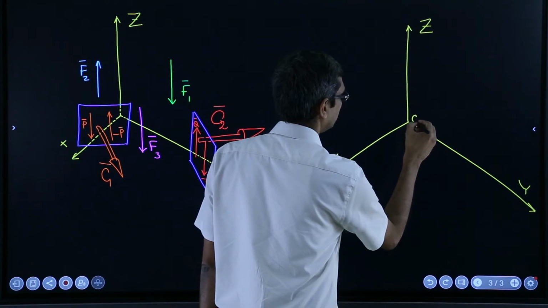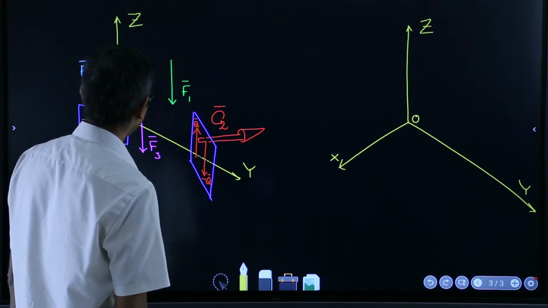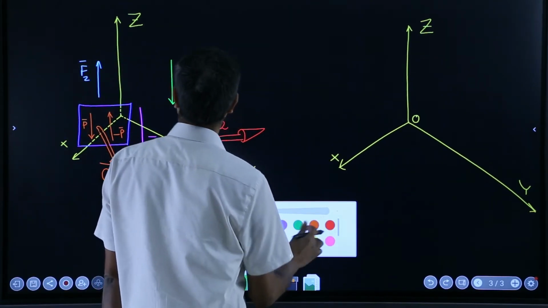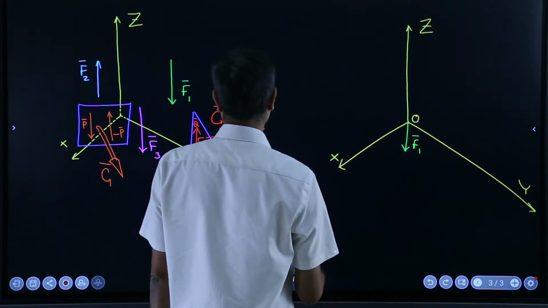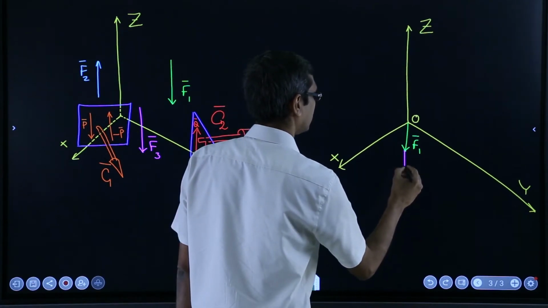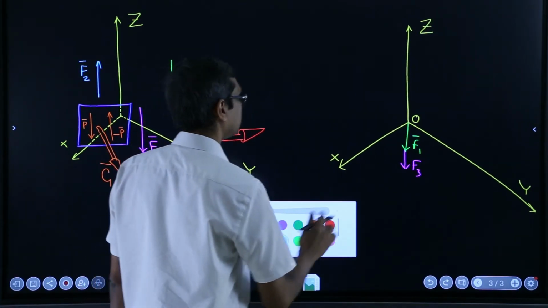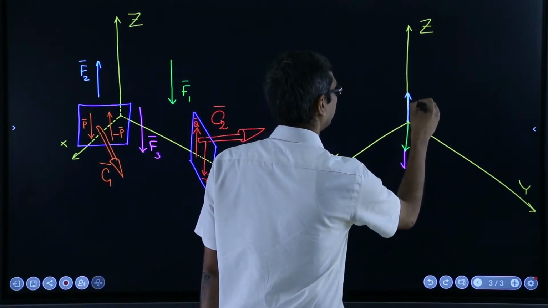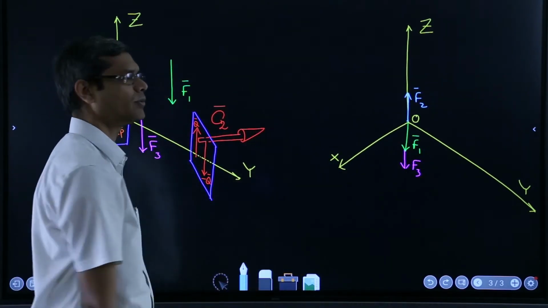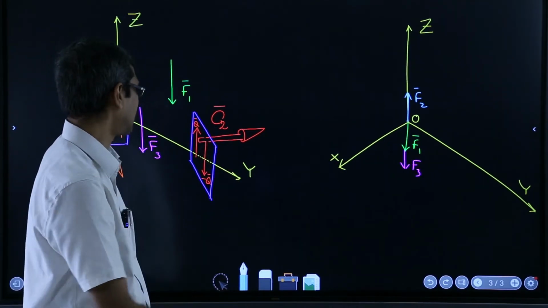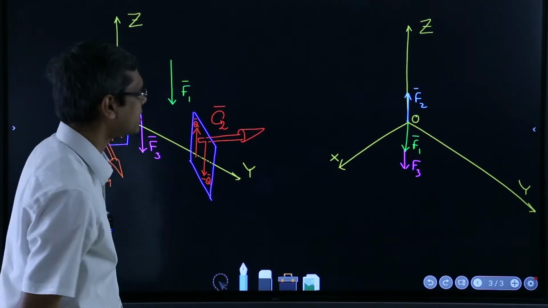Let's say the origin is denoted by O here, and I'll take all the forces there. So I'll draw one over the other maybe. One is say F1, the other one is say F2 or F3. So this is F3, and the second is say F2. So F1, F2, F3, everything I moved to that location, origin. Okay, and now they will coincide with the z axis, and their resultant I'll call say